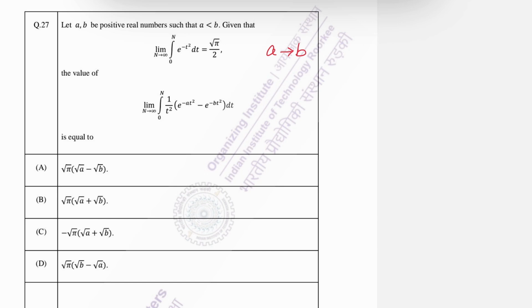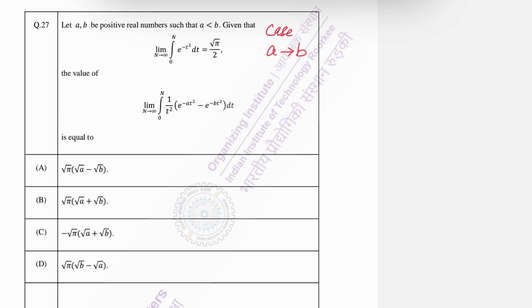I mean, A is going to B from the left side. Now, if we impose this condition, suppose this is case 1. So if you impose this, limit A tends to B, then the next step will be,